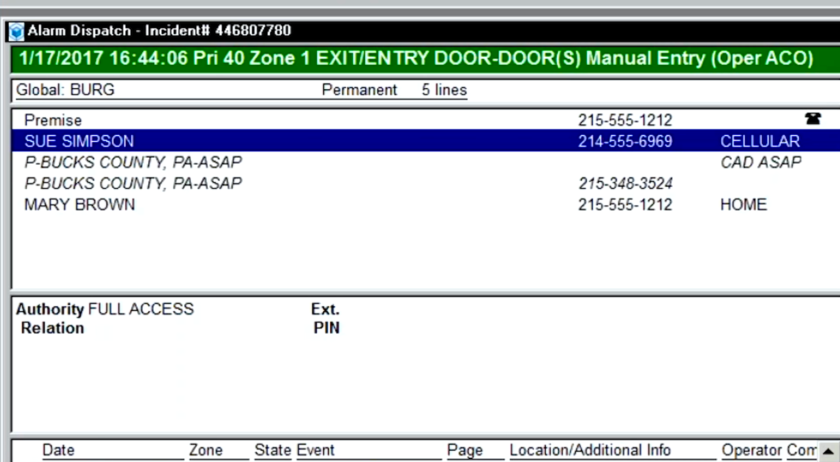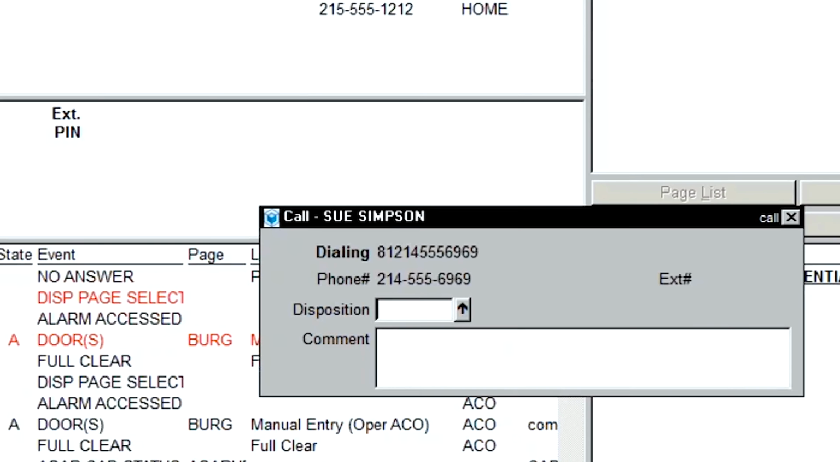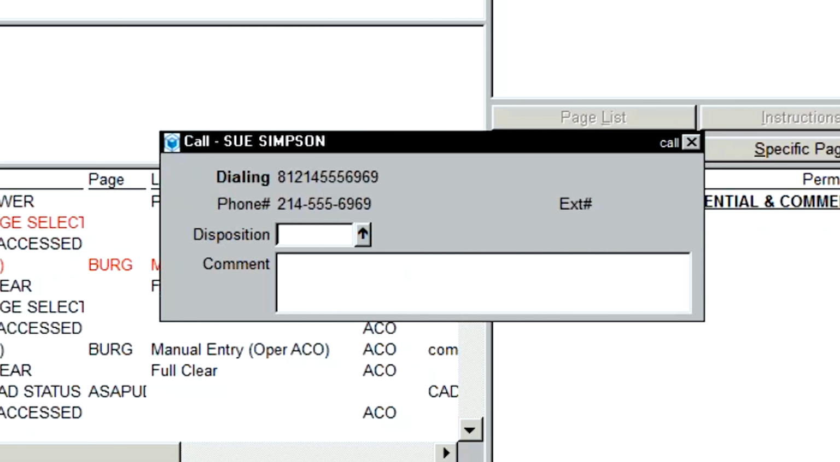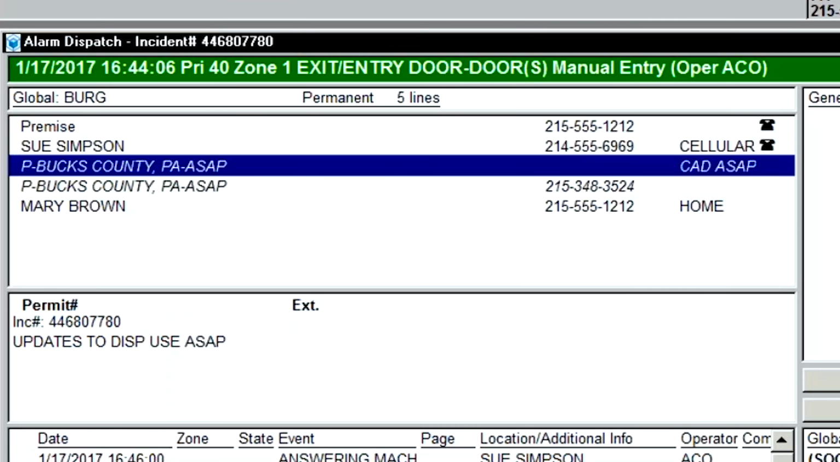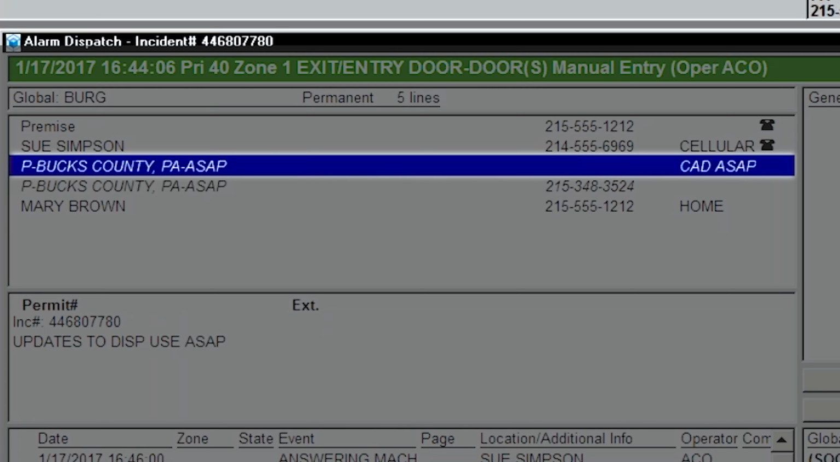We do enhanced call verification, where we attempt to call individuals at the premises and one person off-site to find out if they are aware that an alarm has been activated at that location. The process is repeated, calling each number on the list. For the purpose of this test, we are calling the next person on the list. Let's say that there was no answer and the alarm company operator left a voicemail on her cell phone at 2 p.m. At this point, the system moves down to the next entry in the contact list, which is Bucks